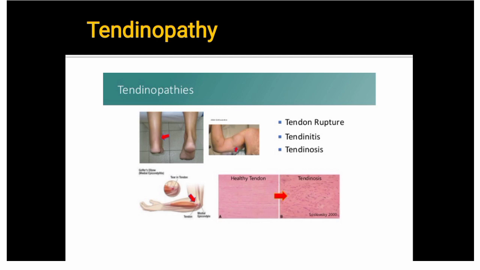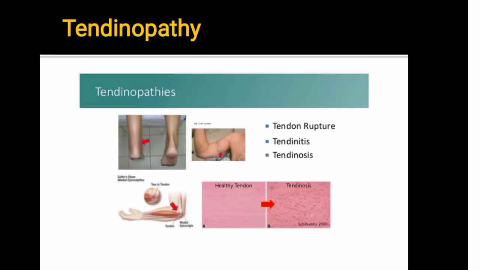Now let's start with tendinopathy. Tendinopathy, also known as tendinitis, is a type of tendon disorder that results in pain, swelling and impaired function. The pain is typically worse with movement. It most commonly occurs around the shoulder, elbow, wrist, hip, knee or ankle joint.